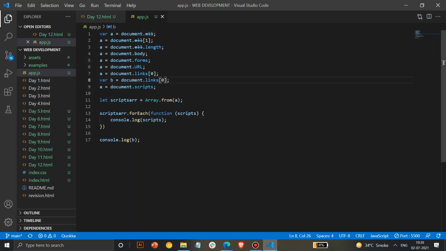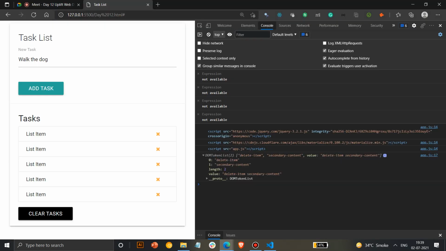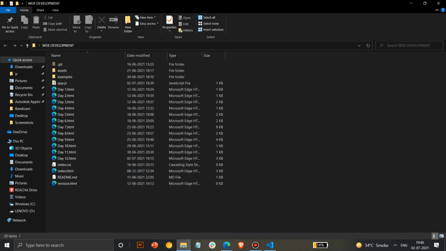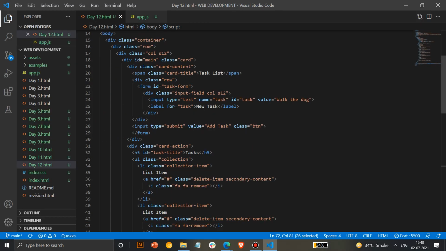You can see the class. We can see class list. It shows all the classes that are present here: delete element, secondary content, whatever classes we have used. You can see the same in HTML also. In this href you have delete item and secondary content, so it shows both of them.